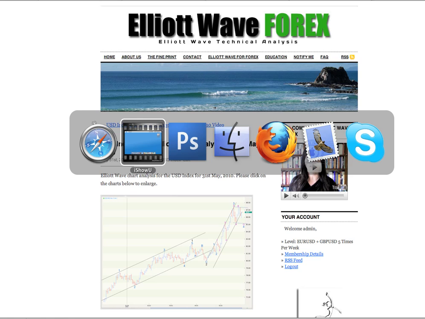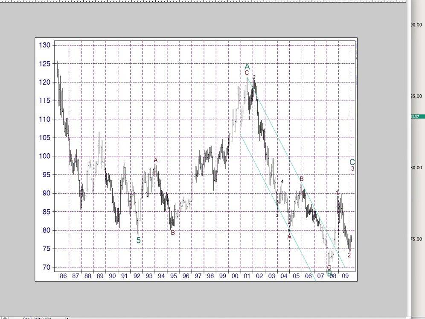Starting this analysis, going back to some historical charts, first up back to 1985. This aqua colour is cycle degree, and this maroon colour is primary degree. So we had a 5 waves down at cycle degree, followed by what's really clearly a 3-wave structure for an A wave at cycle degree, followed by an